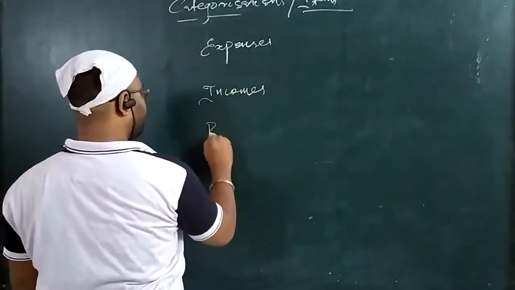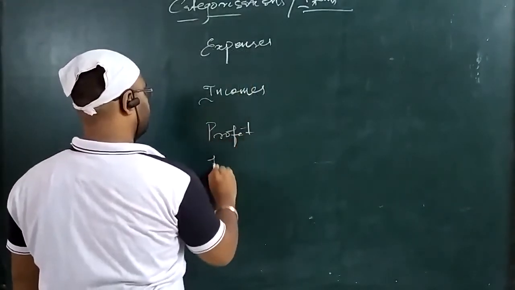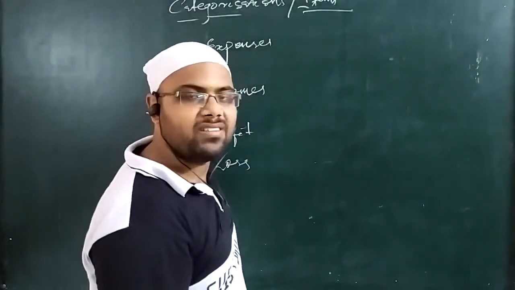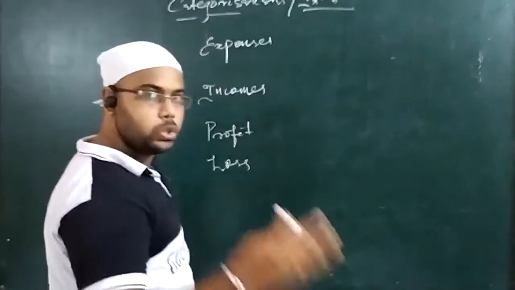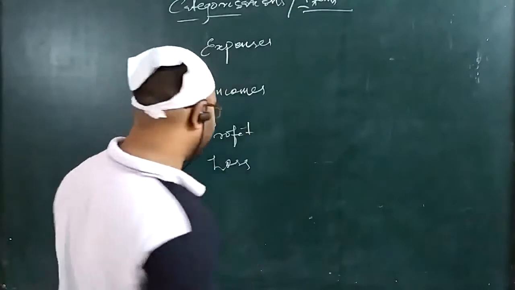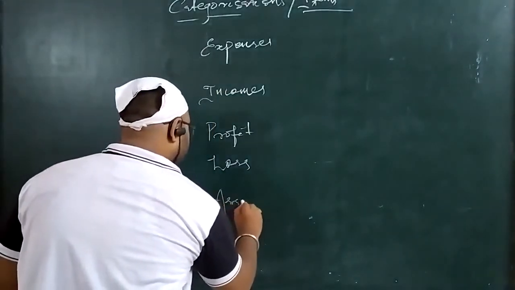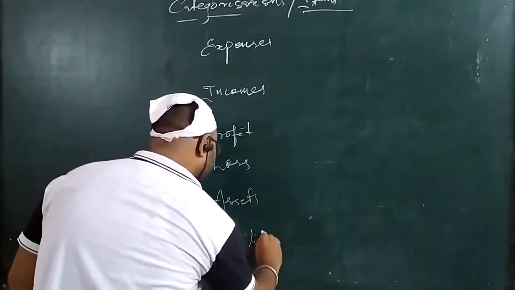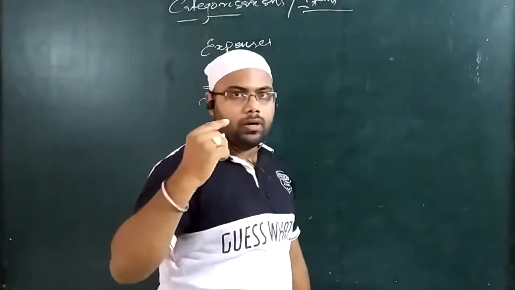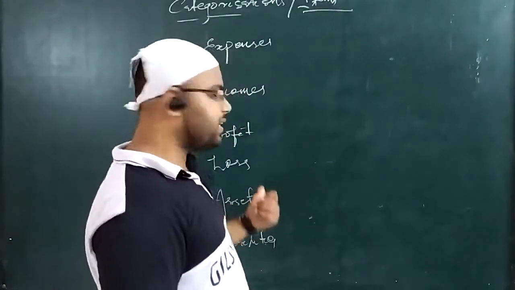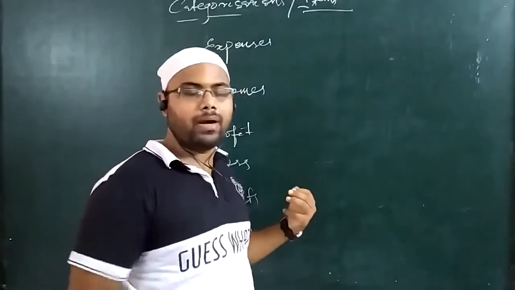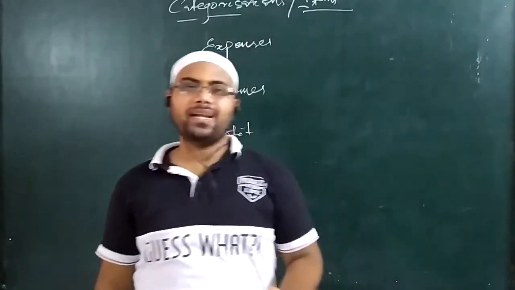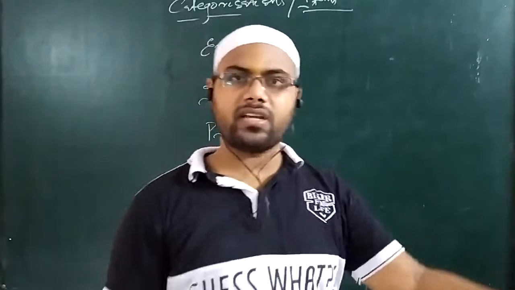So I am writing here profit, loss. These two are also distinct items coming out of the comparison between expenses and income. And the last two items, totally different from these four, are assets and liabilities. How many types of assets and liabilities are there? I have already made a video regarding that, including the format. So when you have doubt, please watch those videos. I am just giving an understanding through this video. So these are the 6 categorizations you follow while preparing a trial balance from the items given in the question.